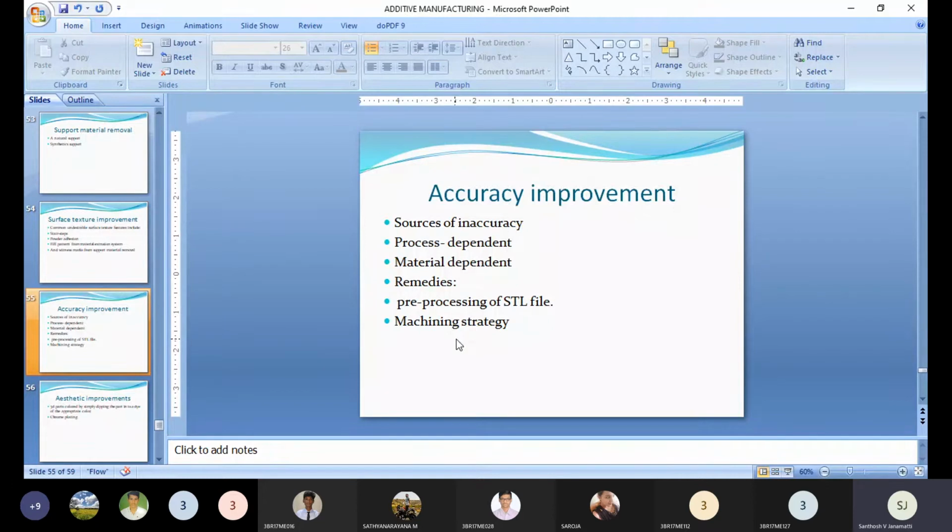So sometimes we are helpless. We are producing inaccurate components. No problem. That percentage of inaccuracy should not exceed 5%. If it is less than 5%, it will be worked out and accepted. Then for that component we take post processing, where we can rectify and clear it. If more than 5% inaccuracy is present in the 3D product, we will not accept it. That product will straight away be rejected. Hope you understand the importance of accuracy.